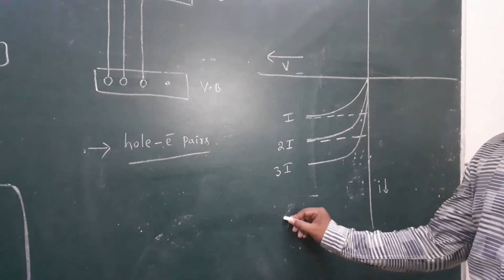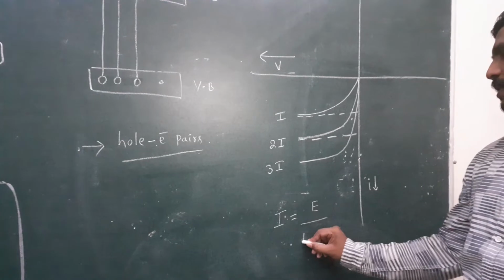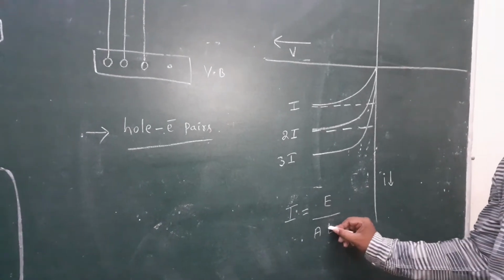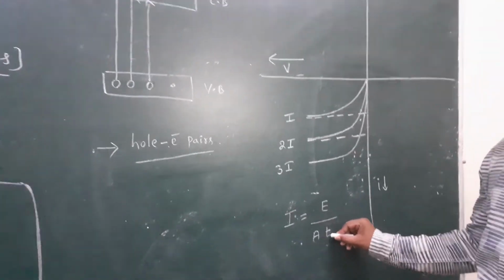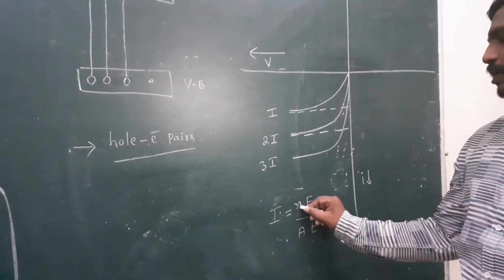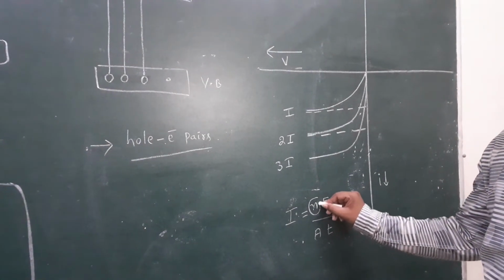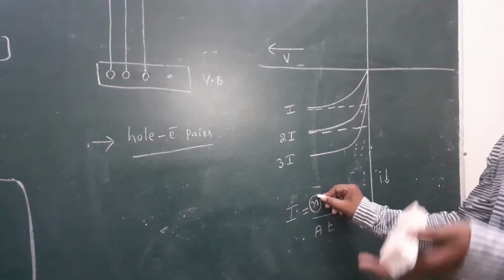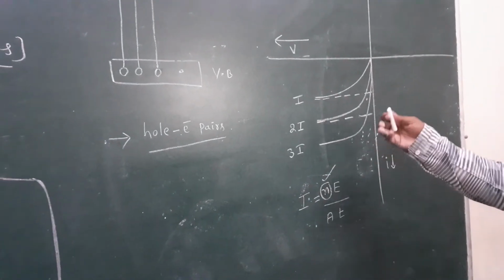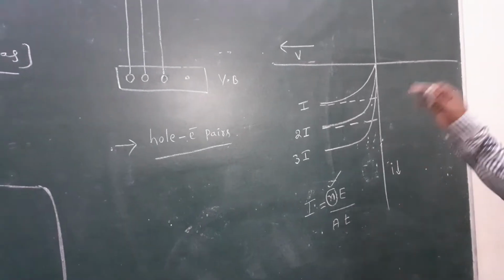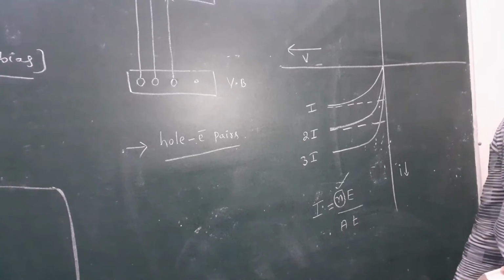Why? The intensity definition is energy emitted per unit area per unit time into N. N is nothing but the number of photons. Here one photon means one valency electron moves from valency band to conduction band. That means two photons, 2 electrons move. 3 photons, 3 electrons move from valency band to conduction band.